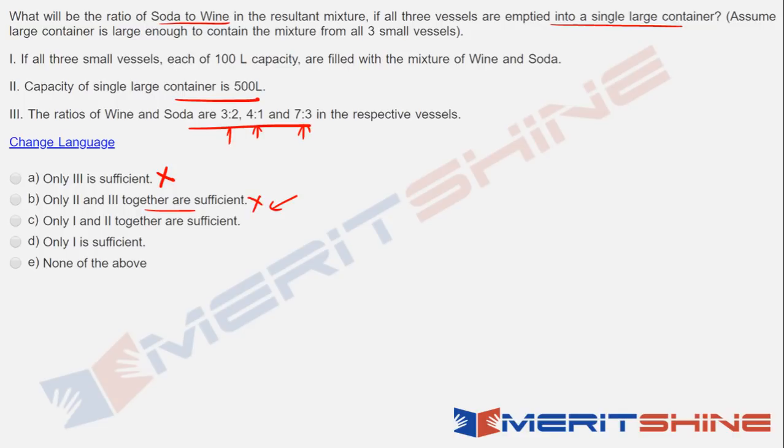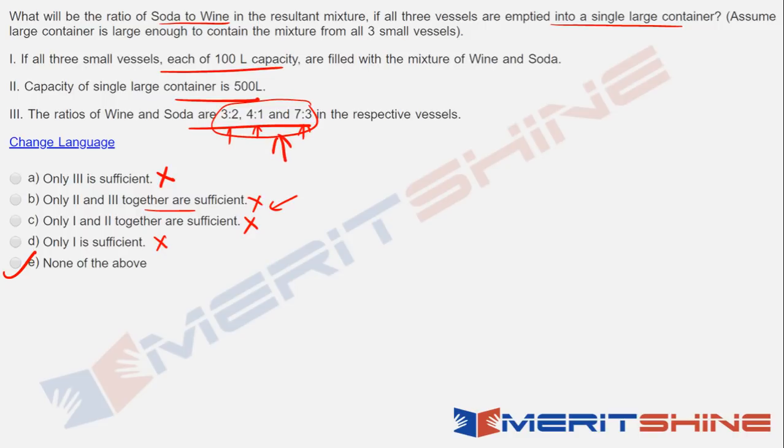2 and 3 not sufficient, 1 and 2 together obviously not sufficient because you do not have these numbers. This would be crucial for anything like that. 1 sufficient, not sufficient, has to be none of the above. When can you actually get the answer? That's not really required for this question, but when you have got this, and if you combine it with statement